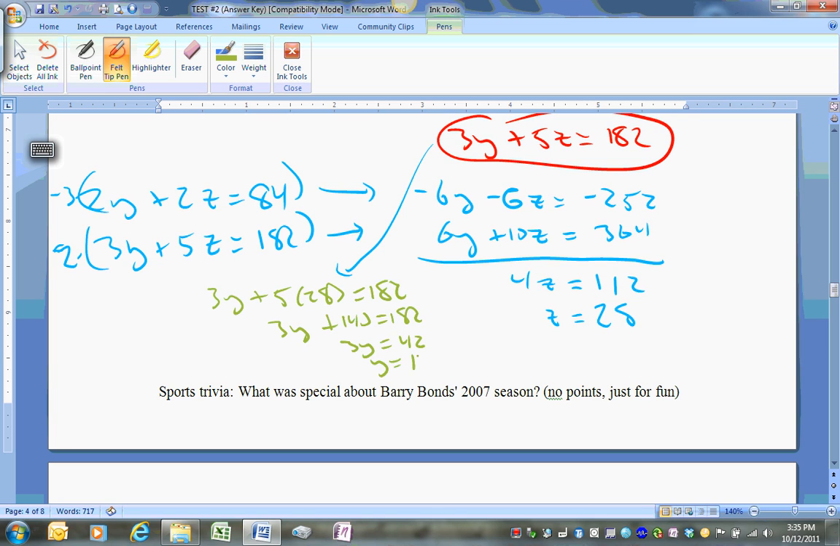So y equals 14. So you have 14 doubles. And remember x